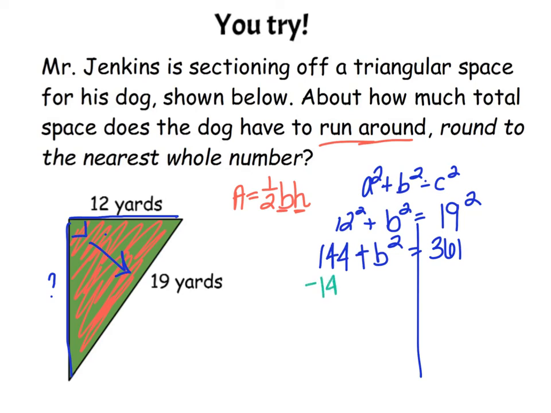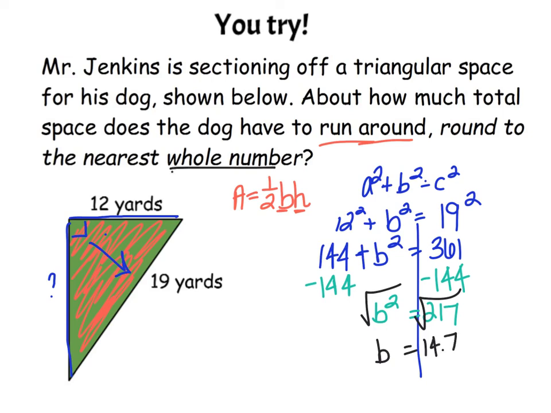Subtract 144 from both sides. Get b squared equals 217. Take the square root, and b equals